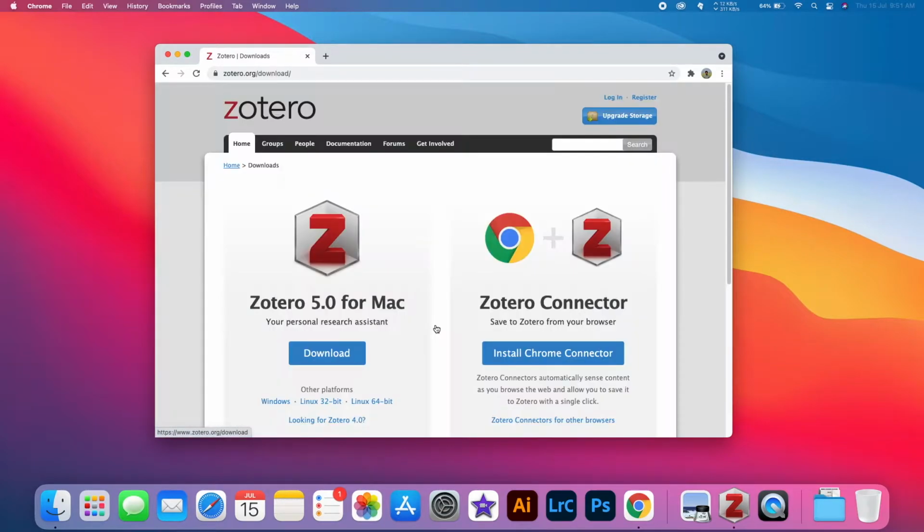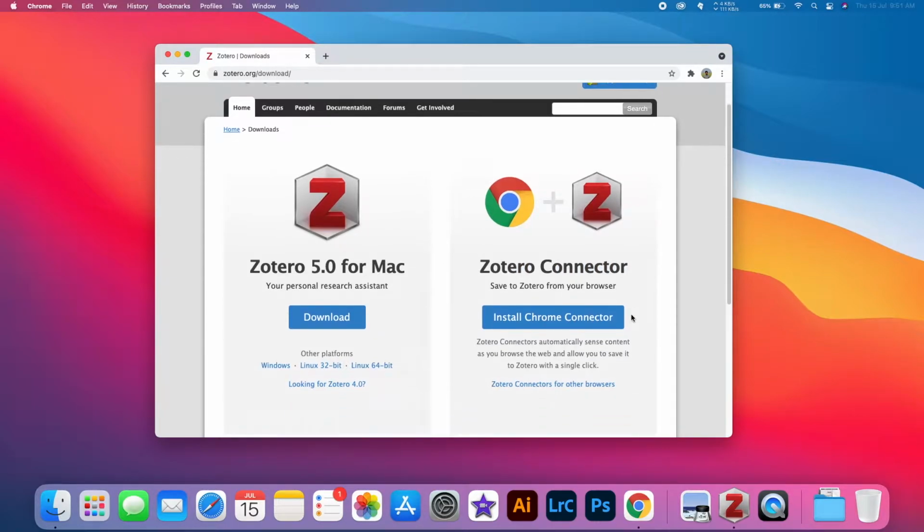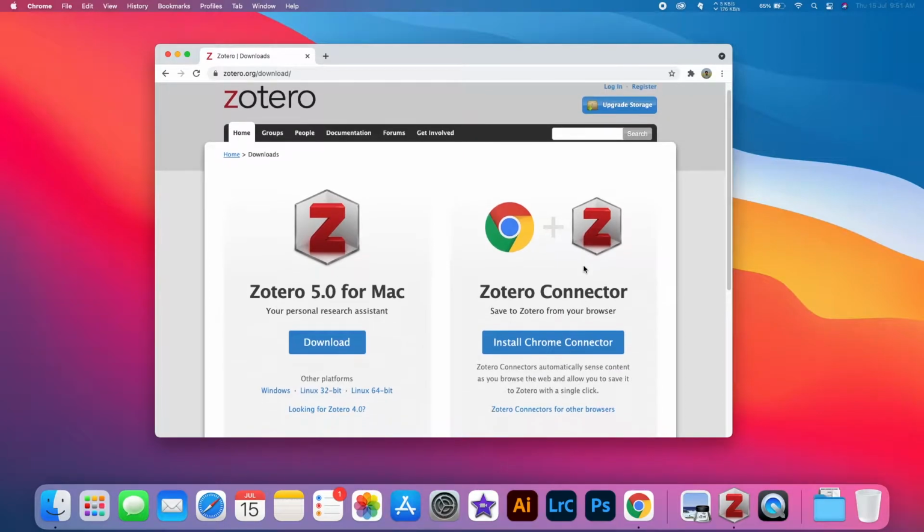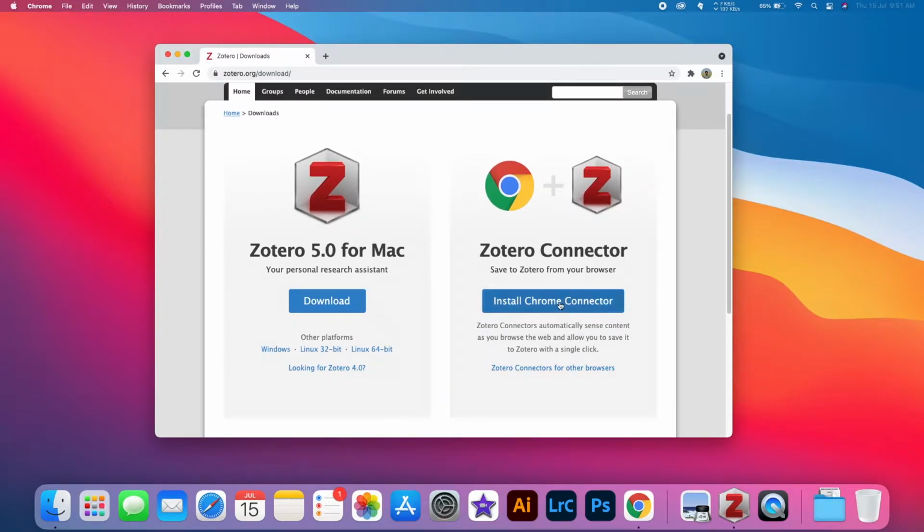Click on the download link here. So on the left hand side, this is the Zotero main application which we have already installed, and on the right hand side you will see there is Zotero connector for Chrome. Actually, when you install Zotero, it automatically installs the browser plugin for you, but if for any reason your browser plugin is not installed, you can install it from this link. Just click on this link